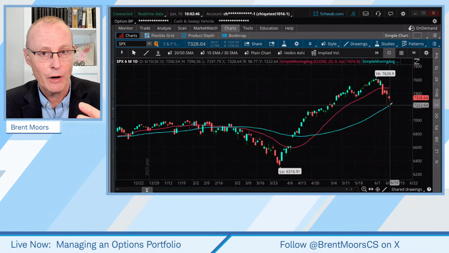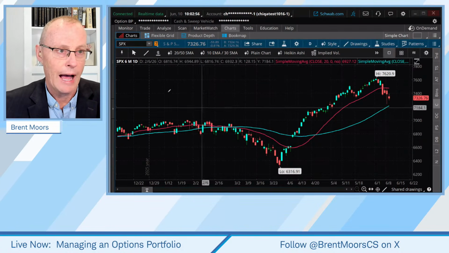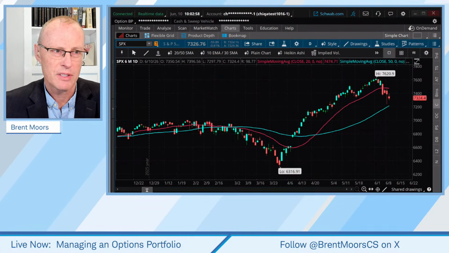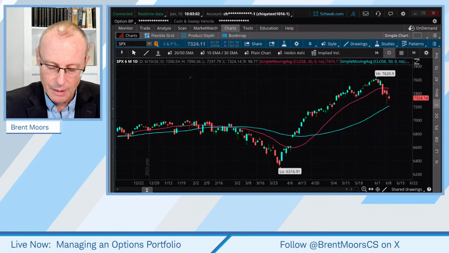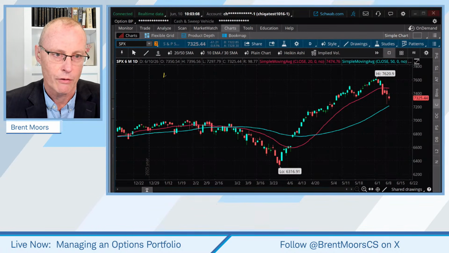But we're often confronted with the choice of which should I use? What should I do? What are the pros and cons of both? Before we do that, I want to give you a specific example, because I think it's easier to learn through specific examples. But let me just mention this: there are two types of long verticals and two types of short verticals.